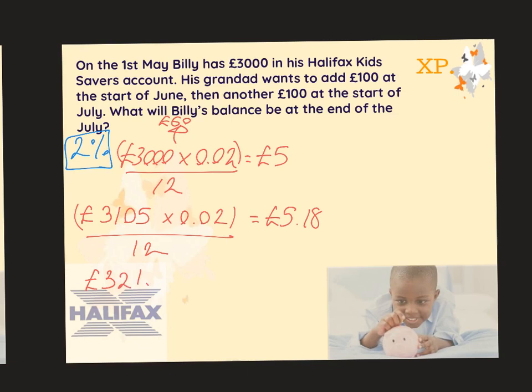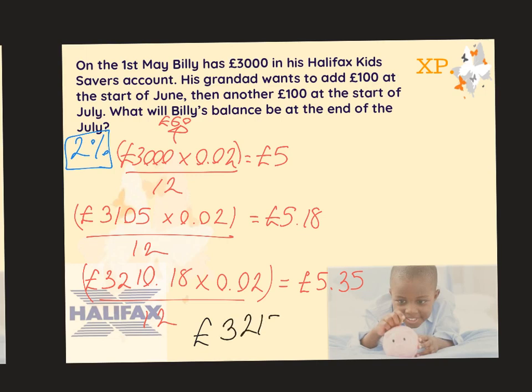You're getting £3,210.18. Multiply by 0.02, divide that by 12, and you're getting £5.35 added. So at the end of July, the balance would be £3,215.53. Now, if we did it with the other interest rate, the 1.45%, I've already worked that one out just